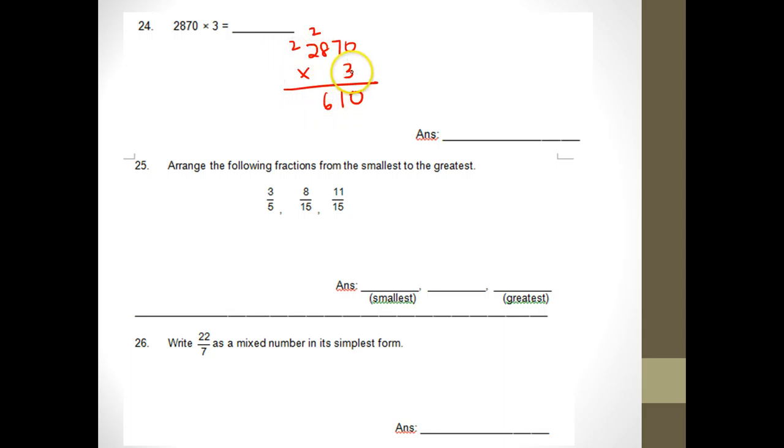2000 times 3 is 6000 plus 2000 is 8000. So it's 8610. Arrange the following fractions from the smallest to the greatest. Okay, so we must ensure that all our denominators are the same. So only this is different, so I multiply by 3, I will get 9/15. So which is the smallest? 8/15 is the smallest, followed by 9/15,